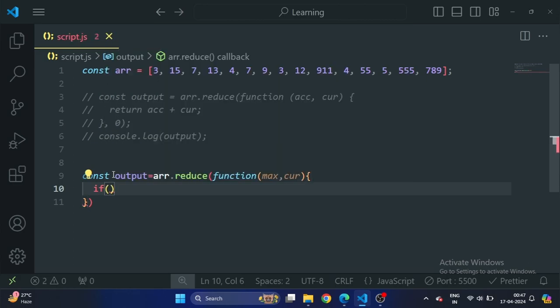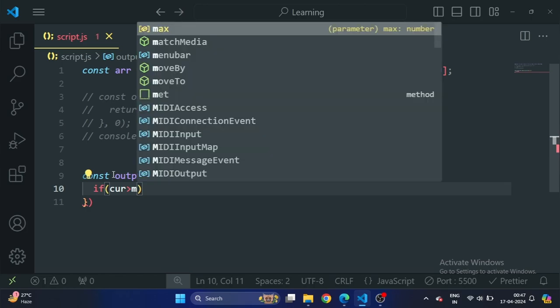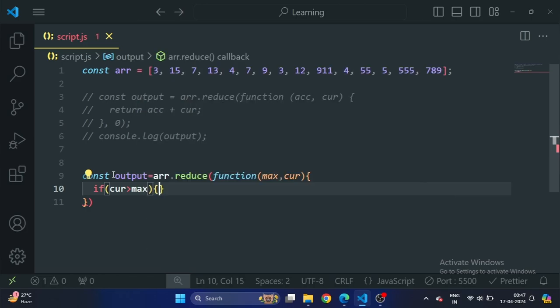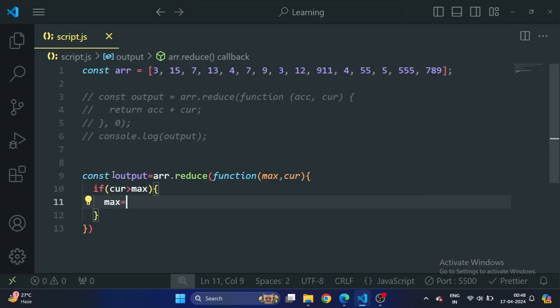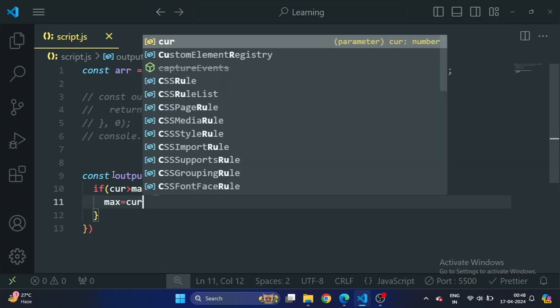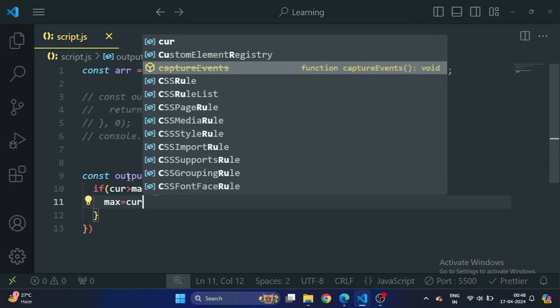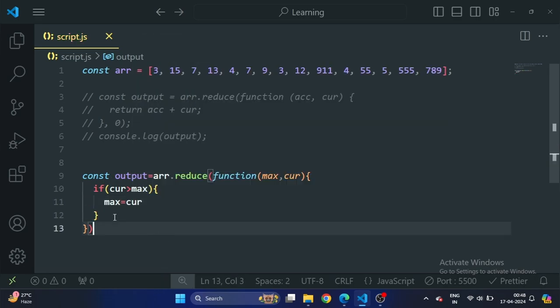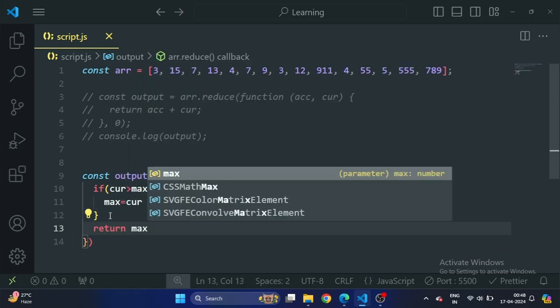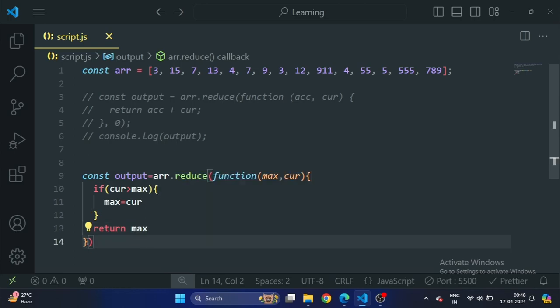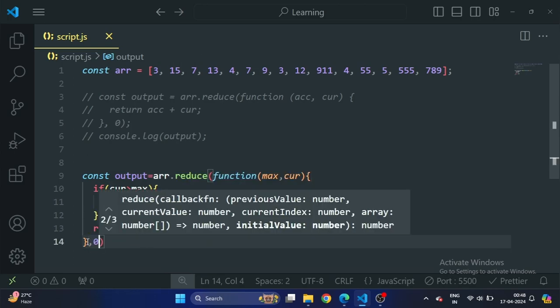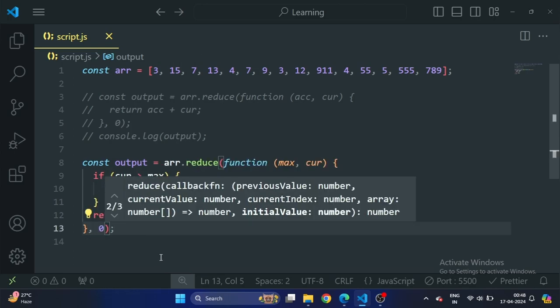Now if our current value is greater than max value, then store current value into max value and return max value, and our initial value 0.